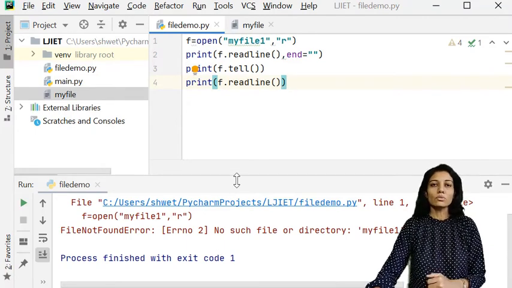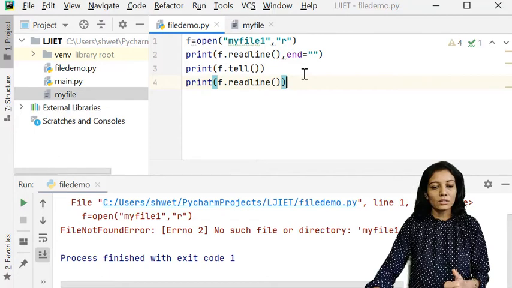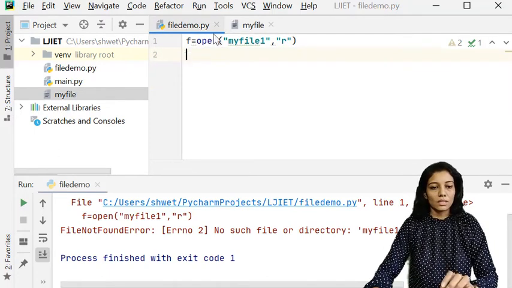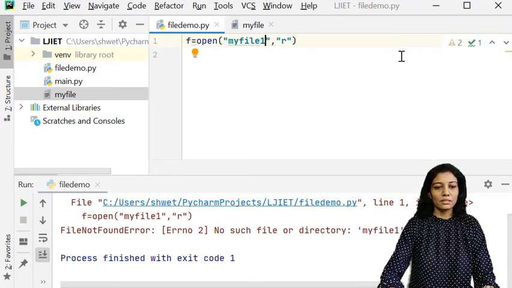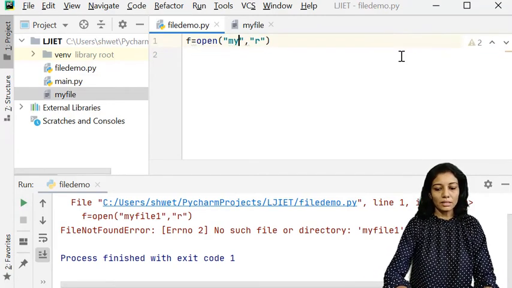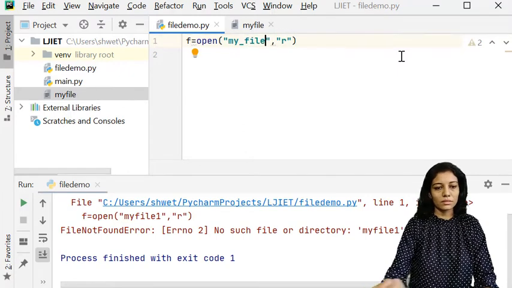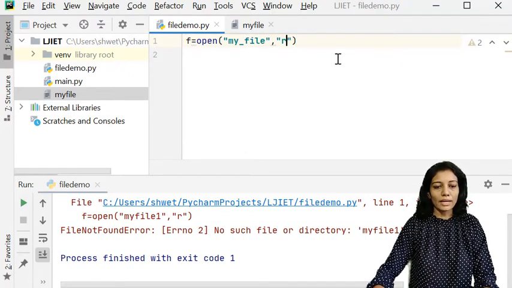Now let us try to write into a file. So I am going to remove this code and open a file. The name of the file is my_file, and I have to open it in write mode, right?